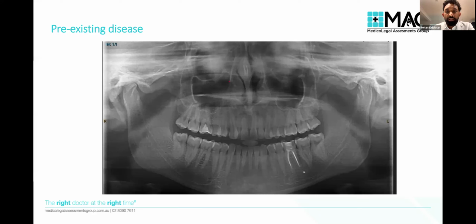Now, if a person like this comes to me without crowns done on those root canals and they've got recurrent decay on those teeth, it's very difficult to attribute that to a workplace injury because treatment hasn't been completed. Similarly with people who are grinding and clenching, those two teeth are the first two teeth that would usually break, because they're already compromised or incapacitated. So these are cues that we can get from a pre-existing radiograph.